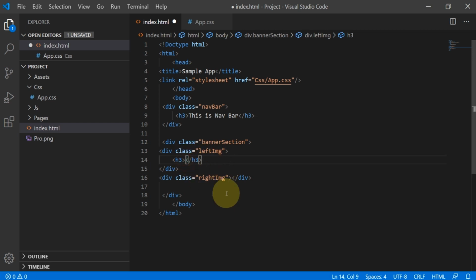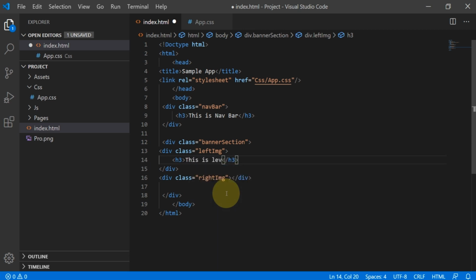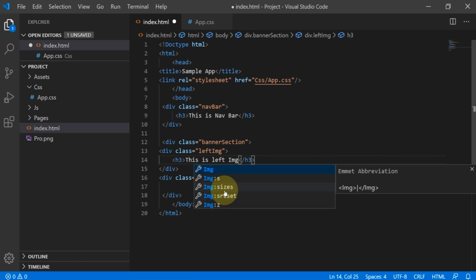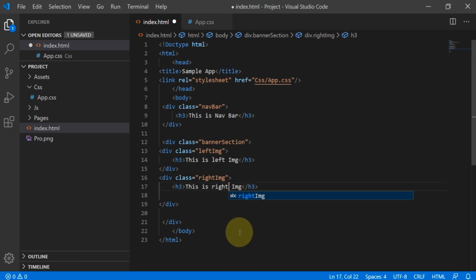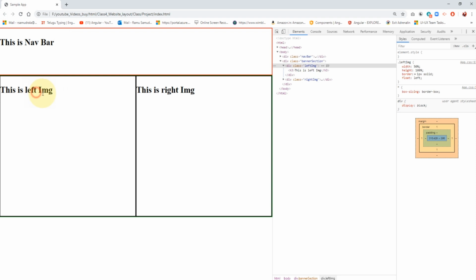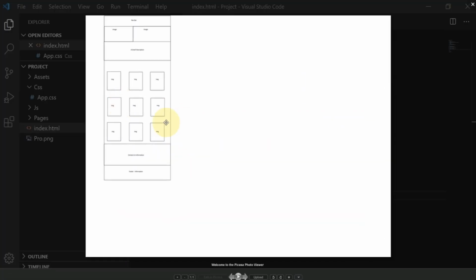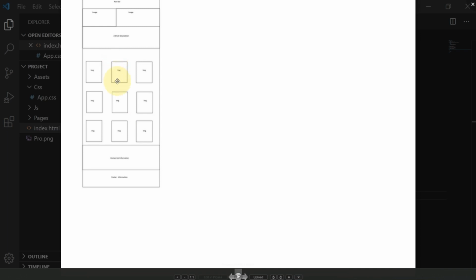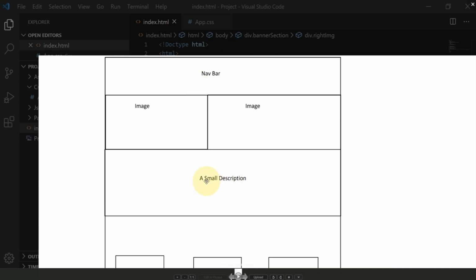So now, left image and right image, fine, then a small description.